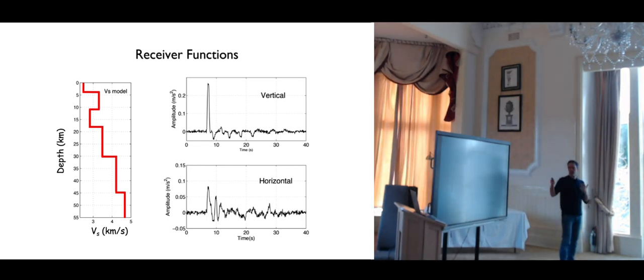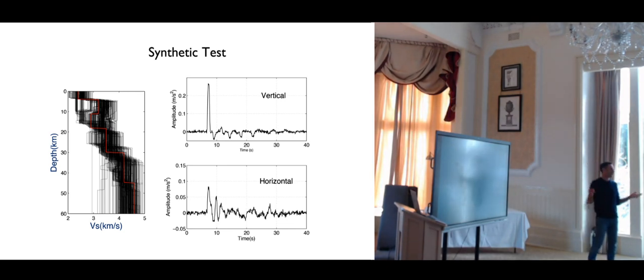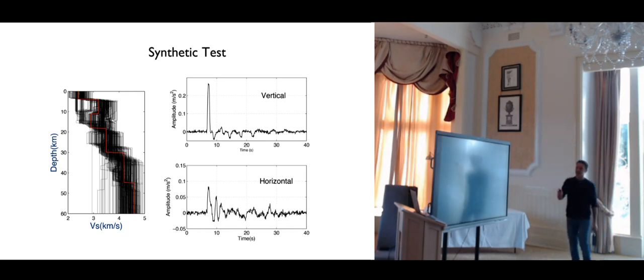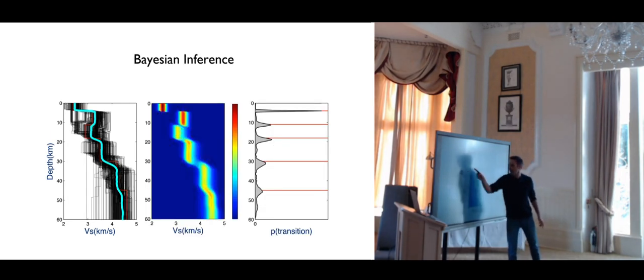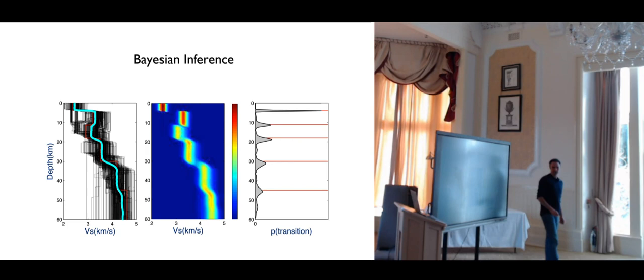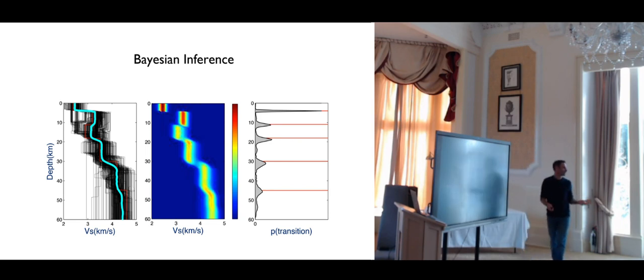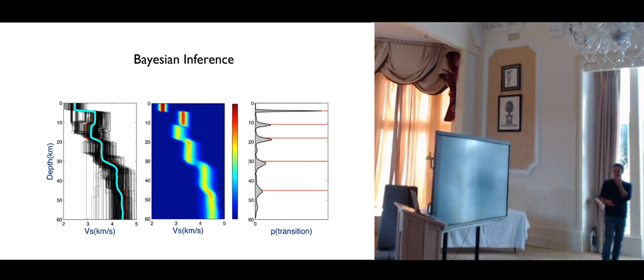So we can do that, and from the data, we can recover a large ensemble of models. Again, an ugly cloud of models in black here with different dimensions. We can produce as many as we want, as long as we have time for that. And we have a lot of models, and we can now look at the statistics of these models. We can look at them as a density plot, for example. This is the ensemble of models. And we can look at the mean value. We can ask, what's the probability to have a discontinuity? And so here, instead of having a solution where at each depth we have a velocity value, we have actually at each depth a full distribution, that might not be Gaussian, on the velocity value. Okay.